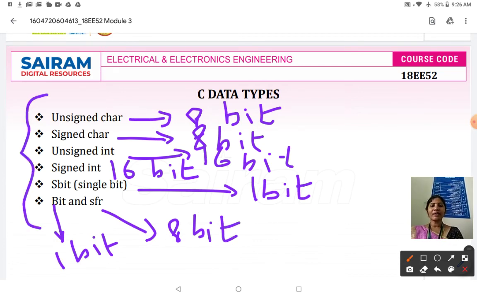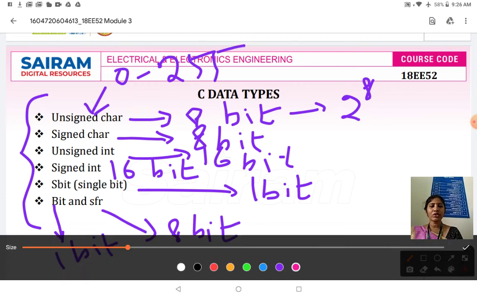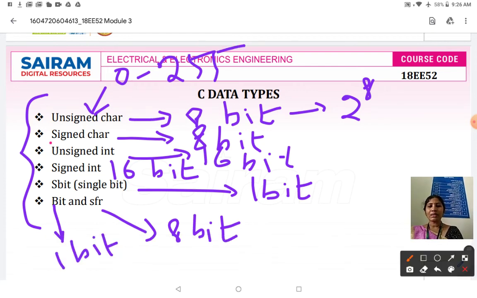The data range will also differ for each data type. For example, unsigned char is 8 bit, so 2 power 8 gives 256. Therefore, the data range for unsigned char is from 0 to 255. Next one is signed char.